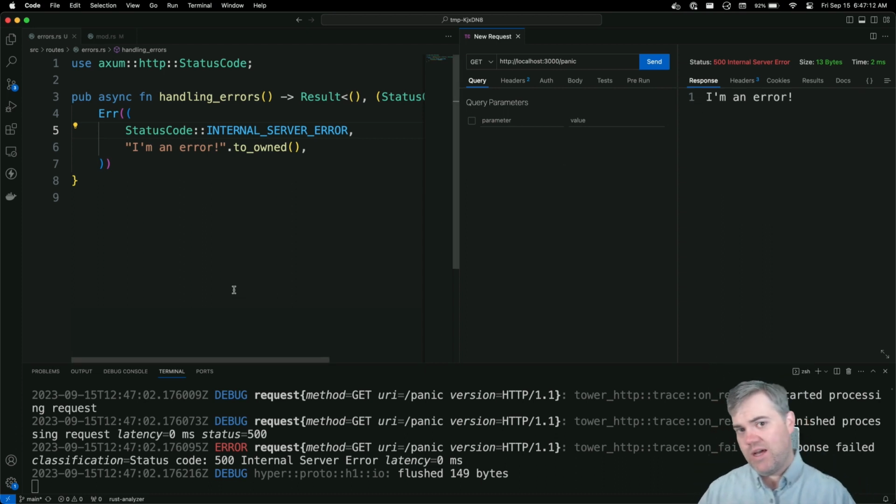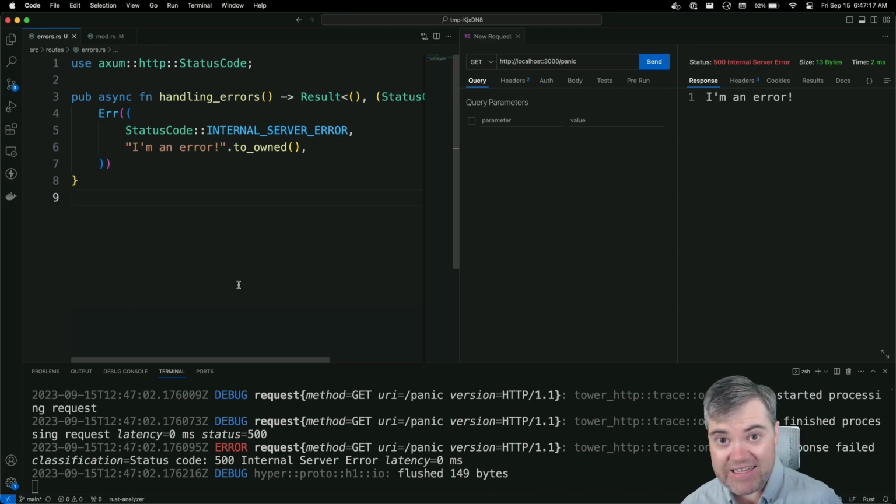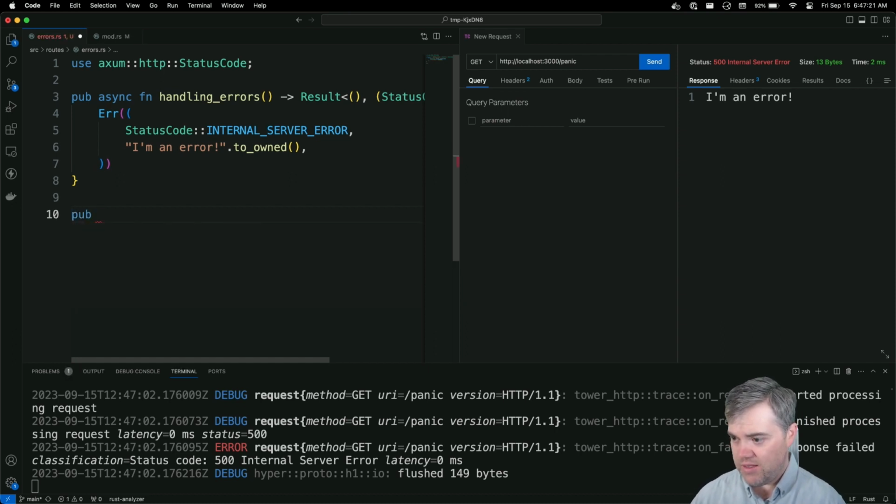Let's one up this example. Let's actually create a function that's going to cause an error for us. In this case, we're going to do a pub. This one maybe doesn't need to be a public or an async function. Let's do just will_fail.